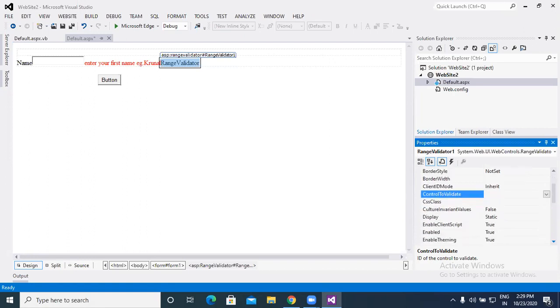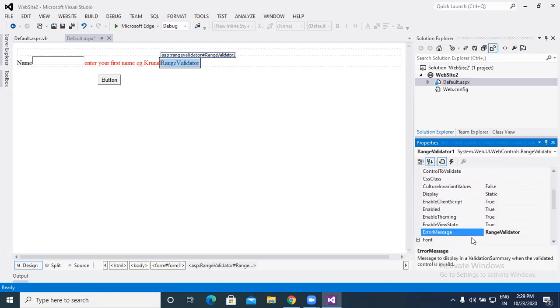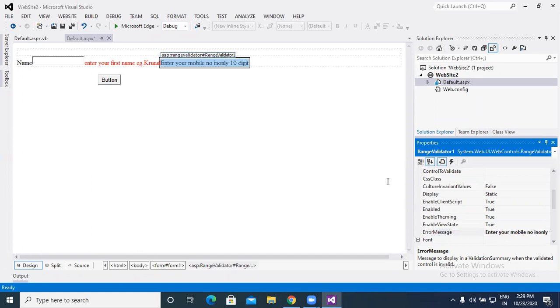Next is the range validator error message: enter your mobile number, only 10 digits, like that. In India, mobile numbers are 10 digits, so we can use it.